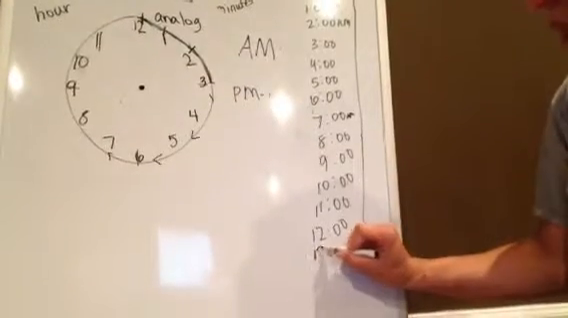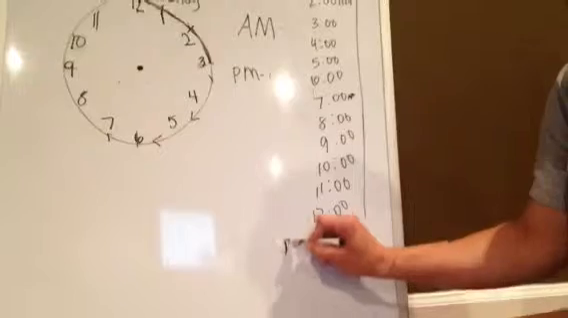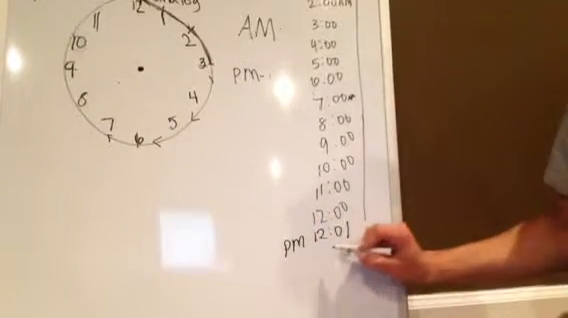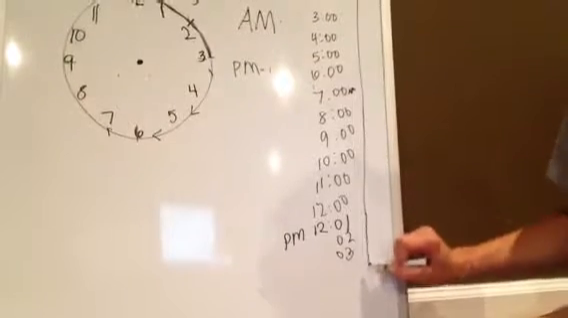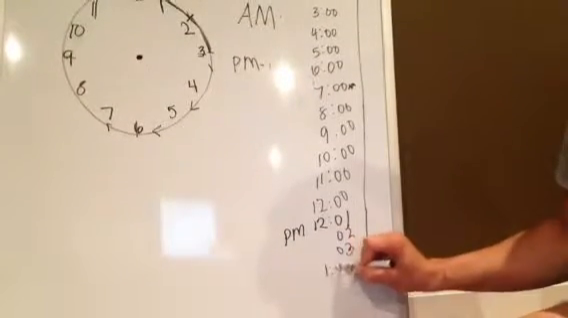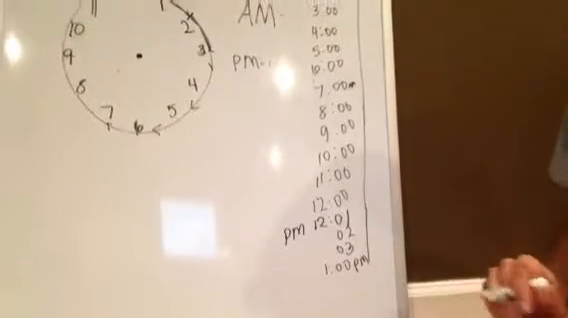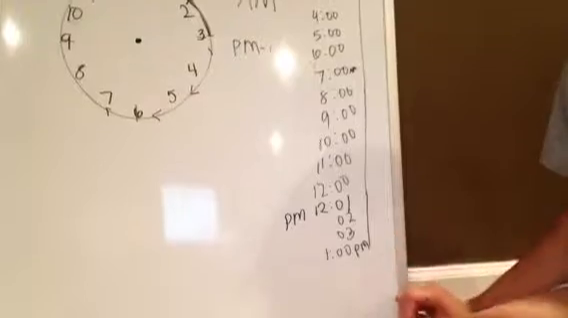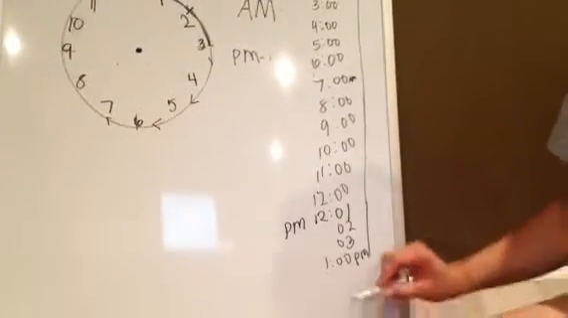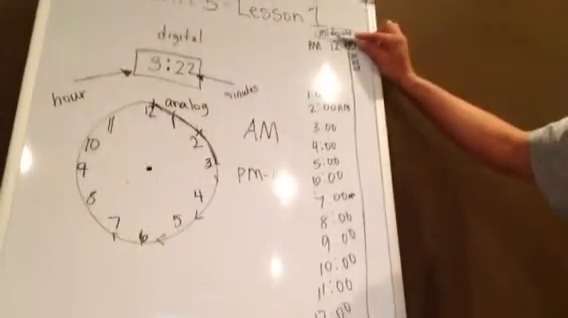So the next time it would change to p.m. would be 12:01. So now we're at p.m. again. Then we'd have 12:02, 03, and keep going until we got to 1 o'clock, the new hour, 1 o'clock p.m. Now we're in the afternoon. And it would keep going p.m. in the afternoon all the way until it got to a 12 again. When it got to a 12 again, we'd be right back where we were before, but on a new day,